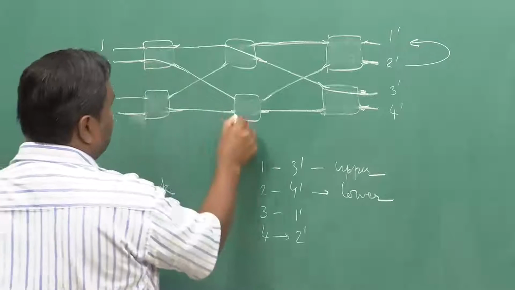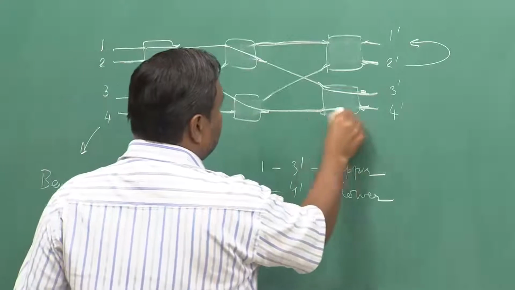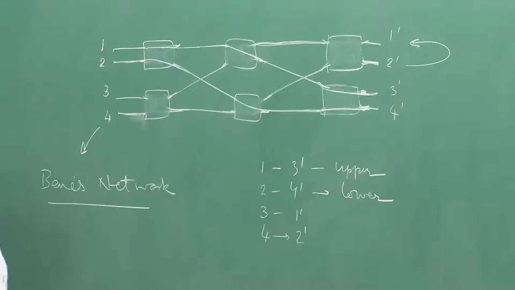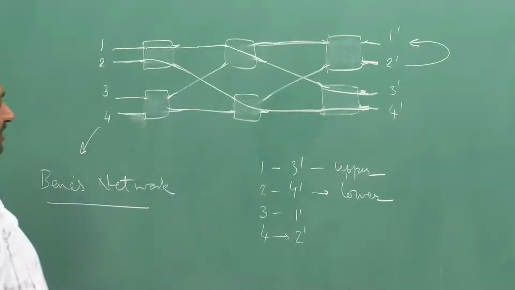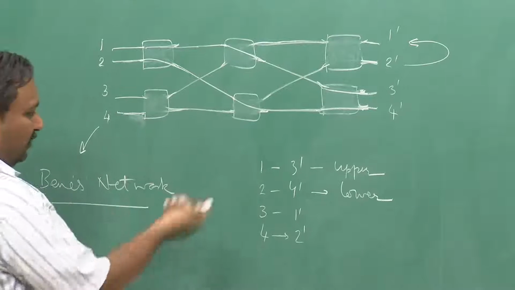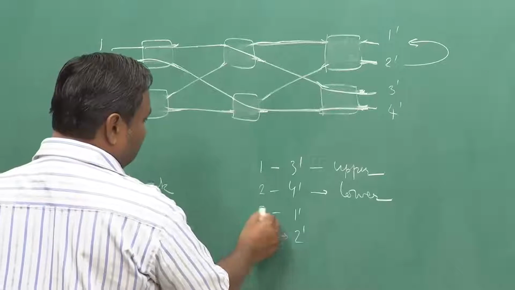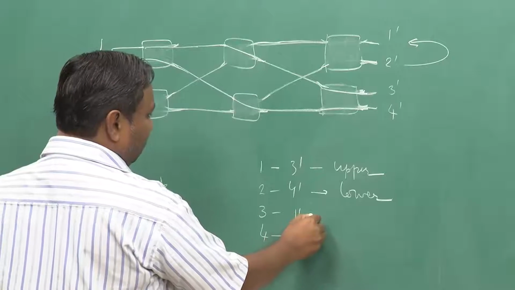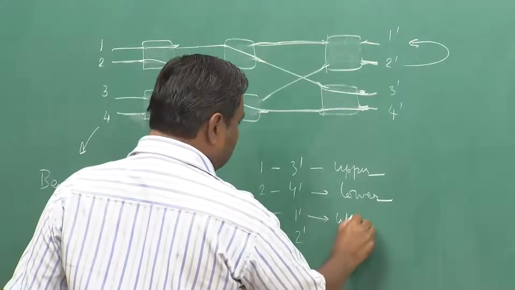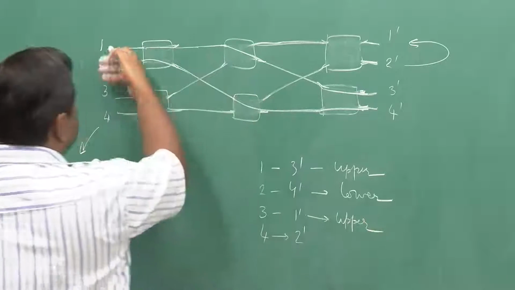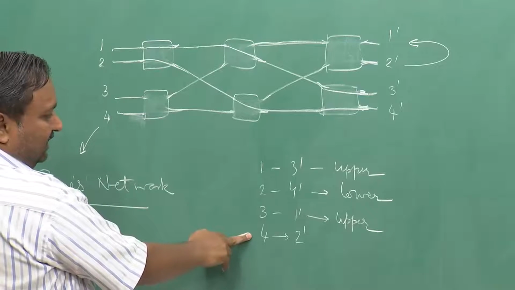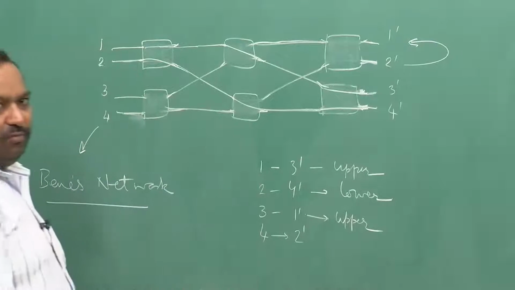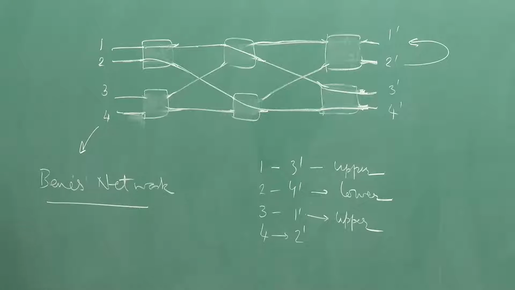Okay. 2 to 4 is a lower one. So, in fact, the loop started from here, went and came back here. So, the loop is actually complete. But I can then choose 3 and 4, again following the same logic, 3 to 1. I am going to take the upper one because the loop is complete. So, this time I can start from any one of these. I can take either this as upper and then keep on doing the loop. So, there can be multiple loops which can exist.